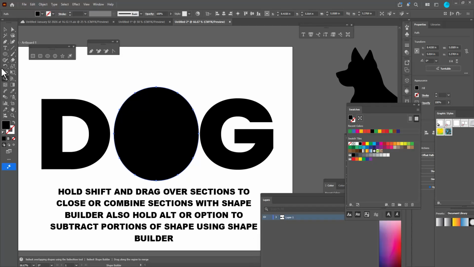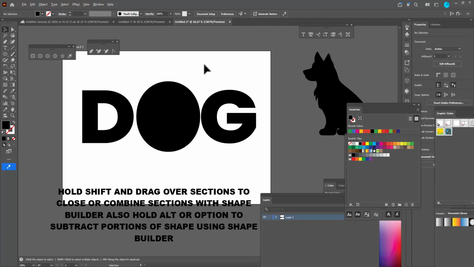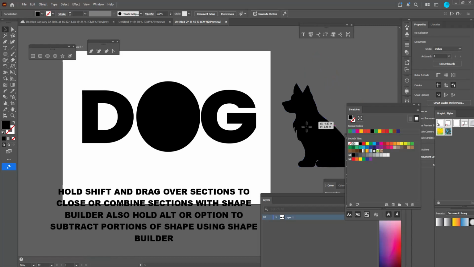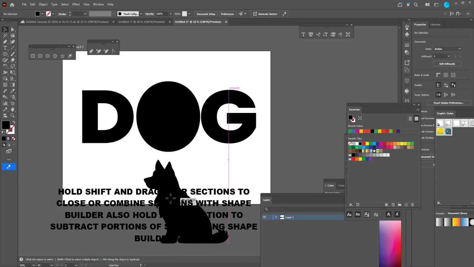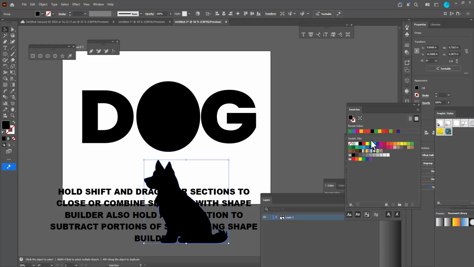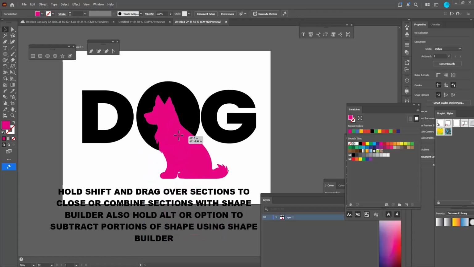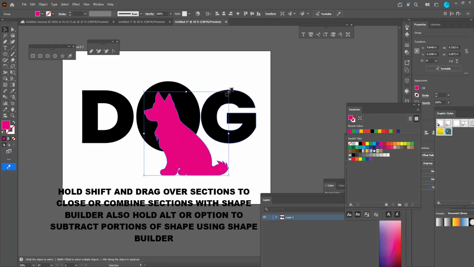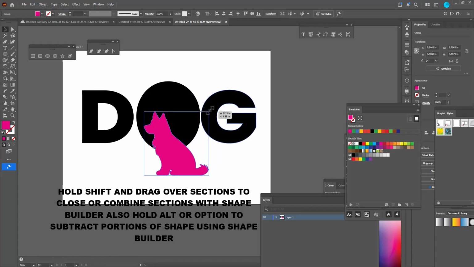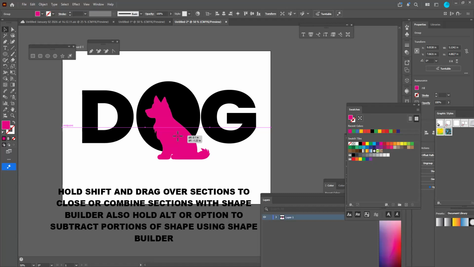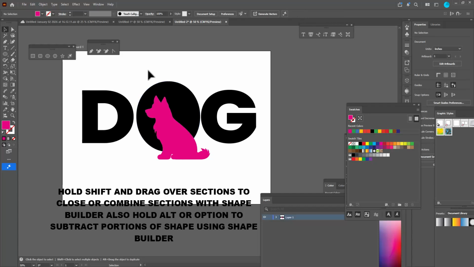Right. Now what we'll be doing is we will select this dog graphic. We can change its color for differentiation. We can keep it like this. We'll make it small. Right. So the thing we'll be doing now is we will select both the O and this dog,